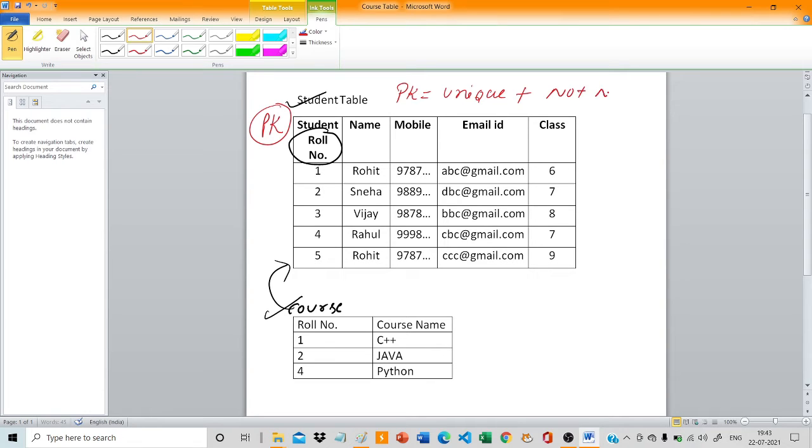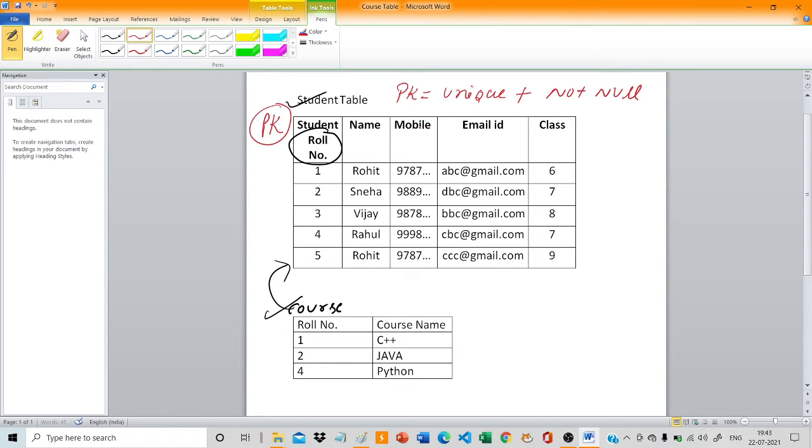Not null means you cannot leave it blank, whatever field or attribute you make a primary key. It is always a mandatory field.